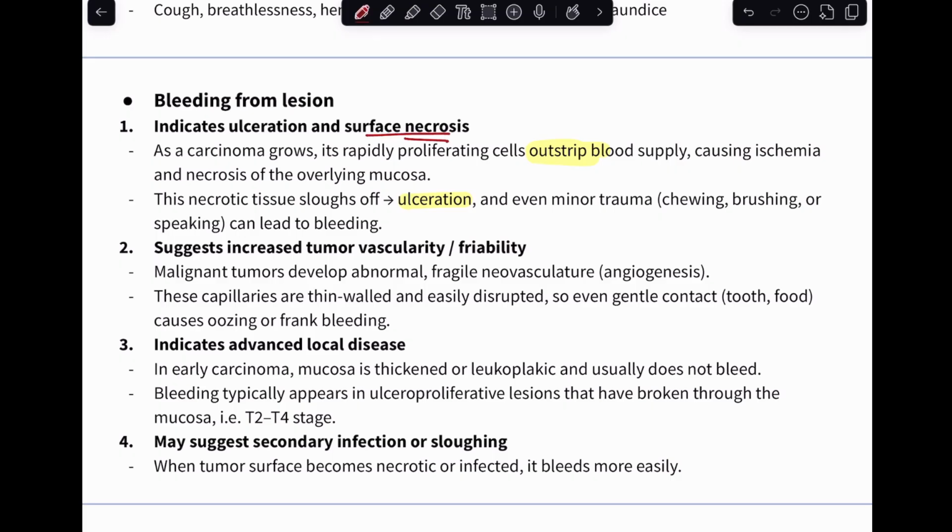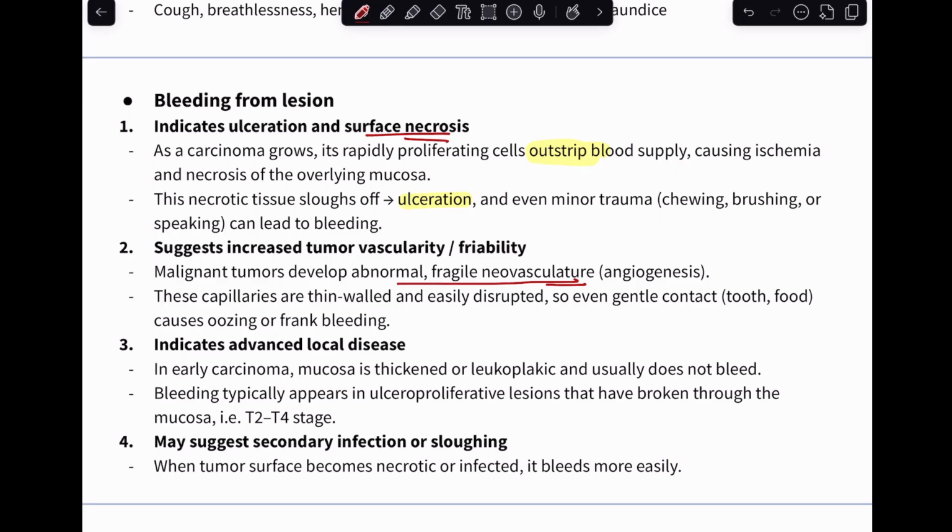surface necrosis over here. Second, it also suggests that the tumor has increased vascularity or friability. Usually malignant tumors end up developing abnormal fragile neovasculature. Basically, angiogenesis is happening over here. And in angiogenesis, these capillaries that are forming in this region are usually very thin walled and can easily get disrupted. So even a minor trauma like contact with the teeth or any food can end up in